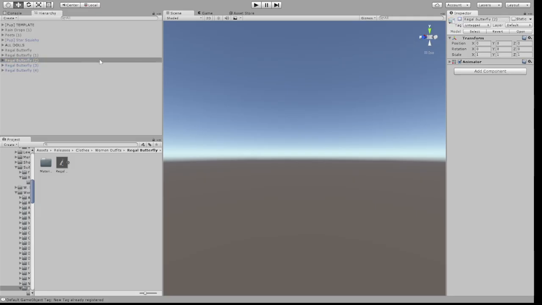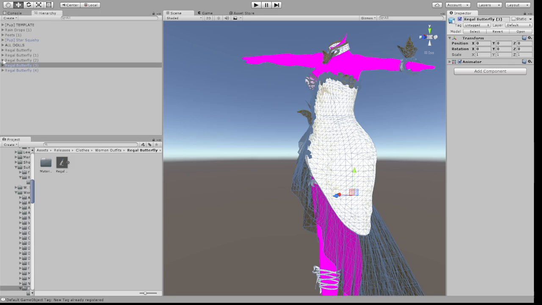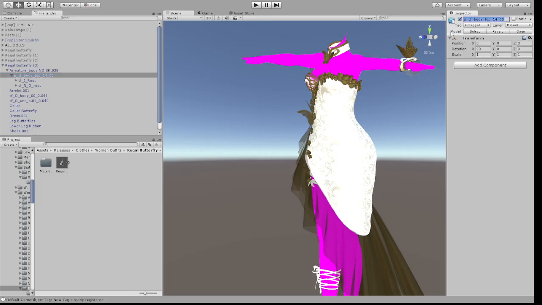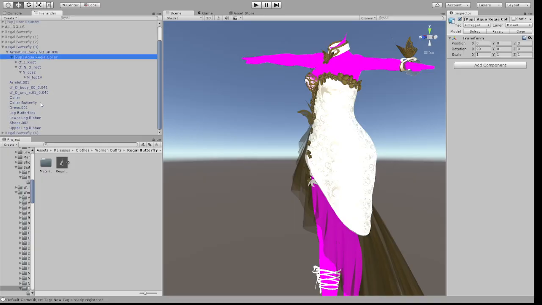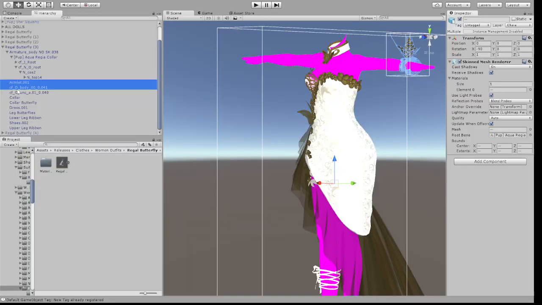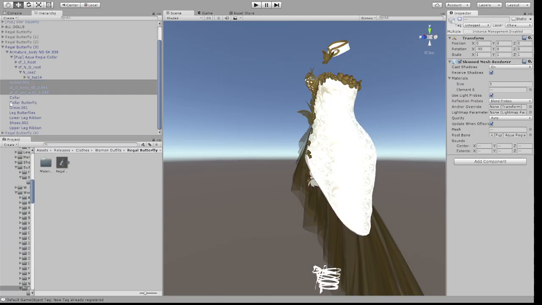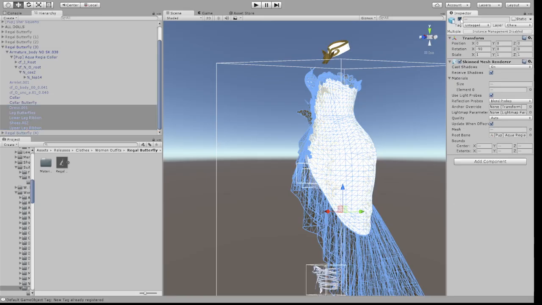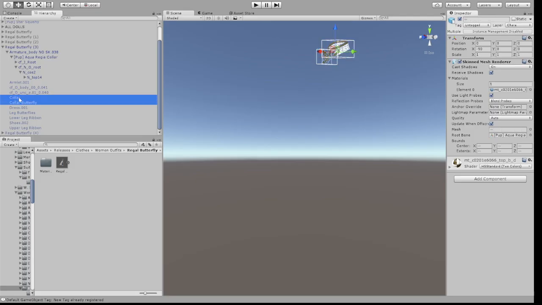Already. And now we've got 2 more items to do, and I will show you how easy, again, some of the hierarchy stuff is. It really isn't that scary. This is gonna be aqua regia collar. And now the collar does actually have 2 pieces, so we're just gonna hide everything else. Making sure that we have those 2 pieces, the collar and the butterfly. I just wanted the butterfly to be toggleable if people didn't want it, or if they wanted to color it differently. So NCOS,